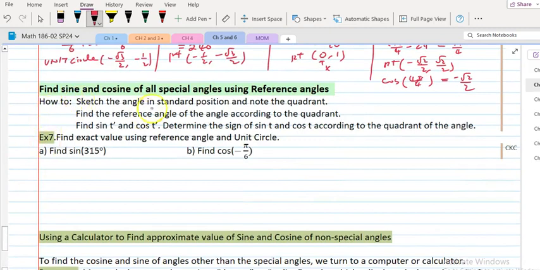This is another method to find sine and cosine, using the reference angle method. Some teachers, or maybe later on your physics teacher or your other math teacher, would use reference angles. They would not be using the unit circle. So later on, if you lost your unit circle, you can still figure it out. What you do is sketch the angle in standard position, find the reference angle,